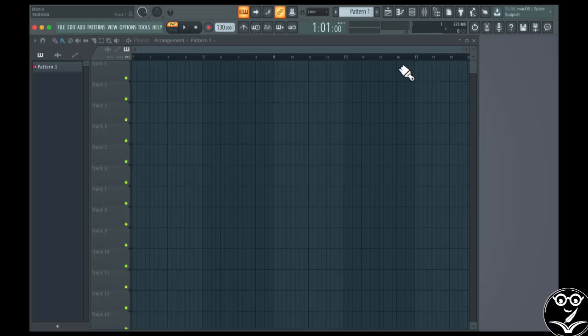So even if you've been creating music with FL Studio version 11, and now you're taking this course for version 20, I still think this course is good for you. Even if you've been using FL Studio a long time, but not version 20, you should take this course. I'm going to go through all the new stuff